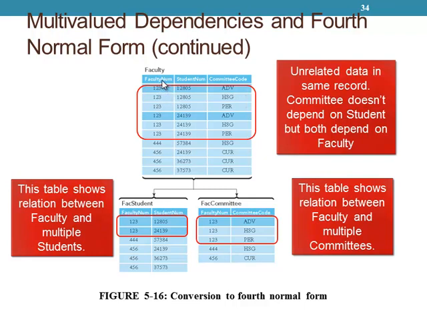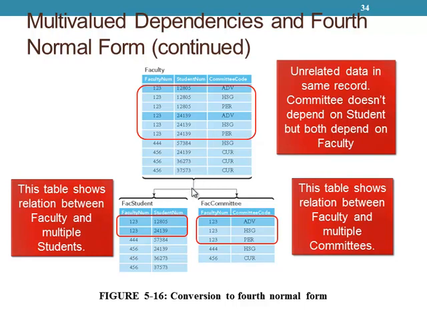But what happens is you've got the faculty number listed here 6 times, the same person. You've got multiple times that you're listing the same student just so you can get every one of your committees listed. Well, these things aren't really related. What students they advise is not really related to what committee that faculty member sits on. So that's trying to have too many multiple values in the same table.